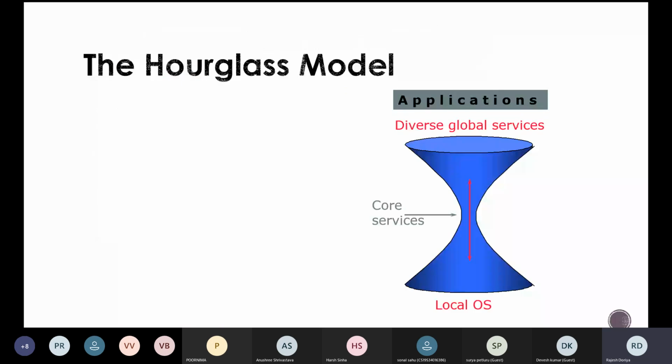Then all the grid technologies, or the focus which one should have in order to create any grid technology, can be modeled in the hourglass model. What this model says is that all the local services or local operating systems will be deployed at the bottom.